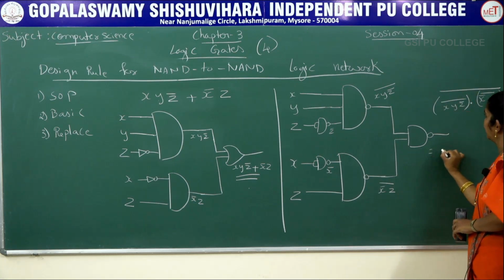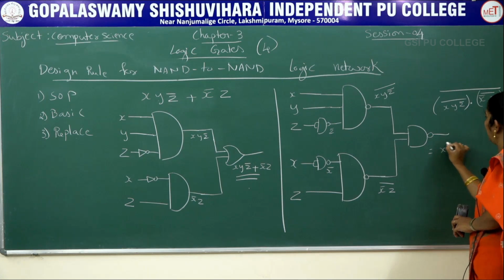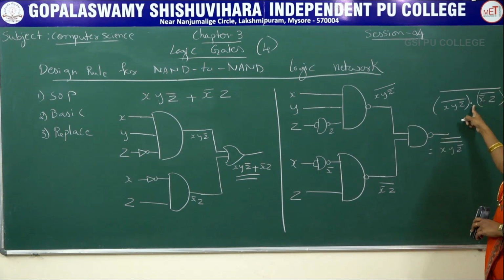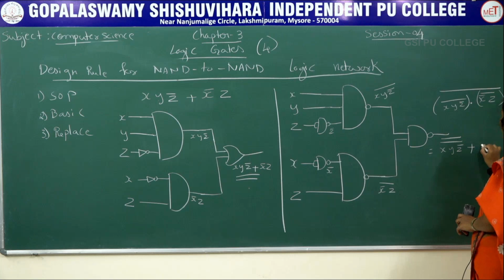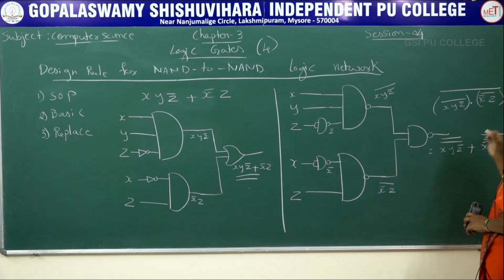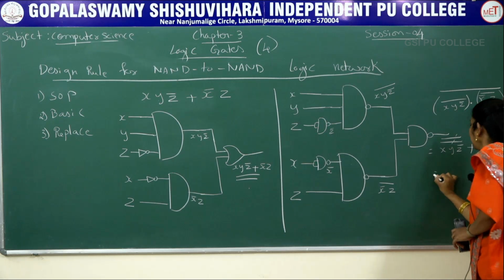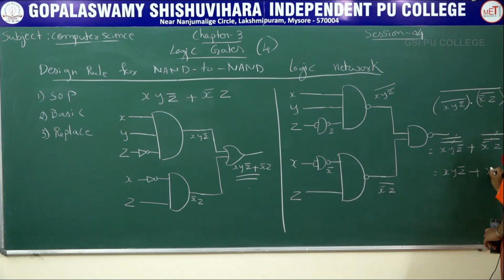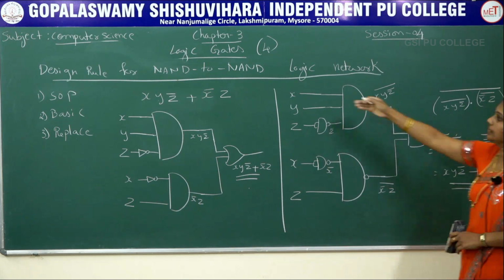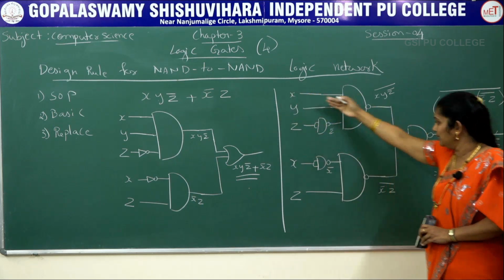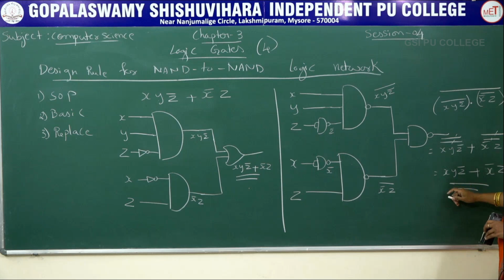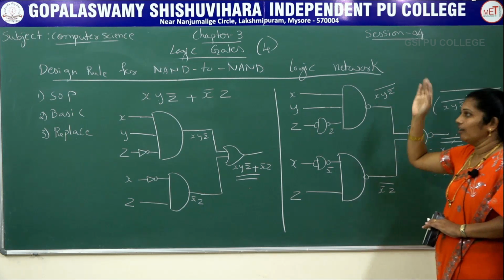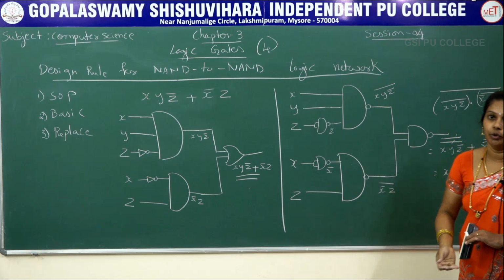Now apply De Morgan's theorem. X, Y, Z bar, double bar. It will replace dot by plus. Now X bar, Z whole double bar. Now this double bar will cancel by using involution law. Then the final output becomes X, Y, Z bar plus X bar Z. See, as it is, in the same pattern as the equation given, we get it. It means that by using only NAND gate I can write the circuit diagram.